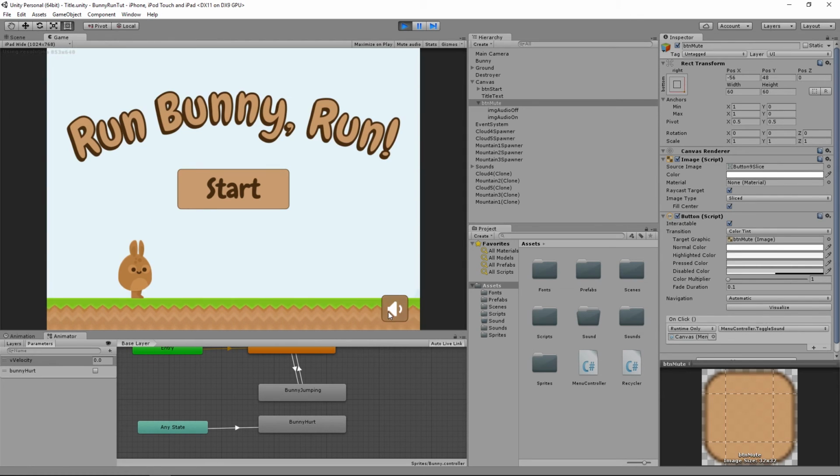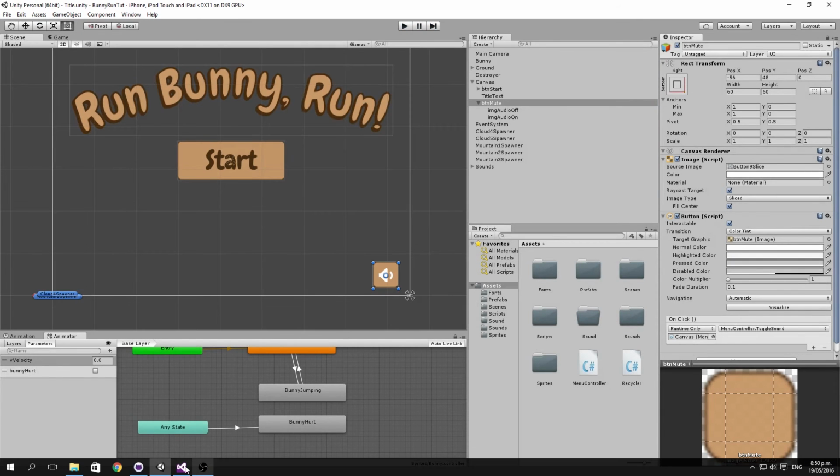So we press the button, we call in that toggle sound method, but nothing's actually happening, and that's because that method is just simply setting the player preference. It's not actually touching the sound. All right, so back in our code,